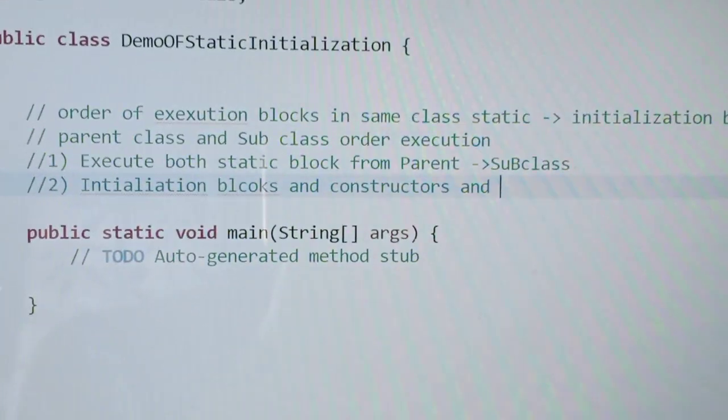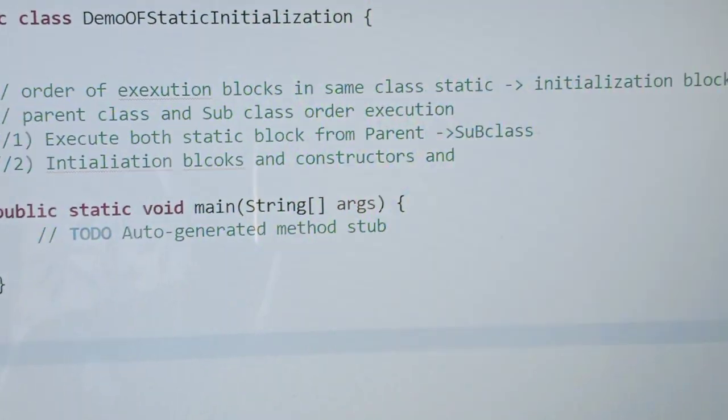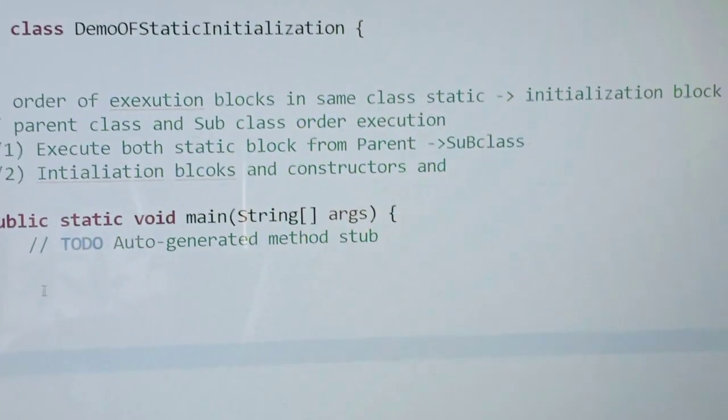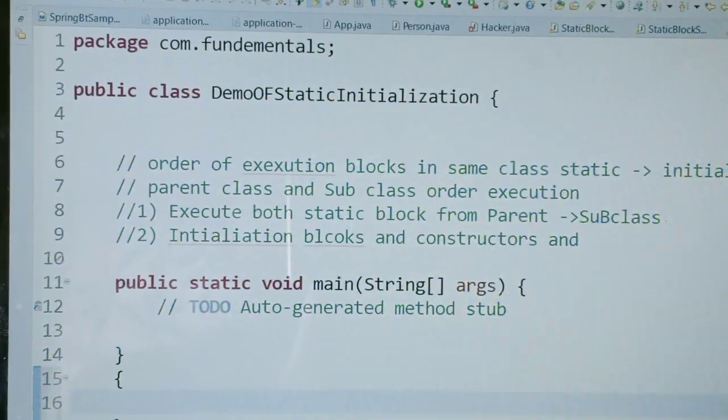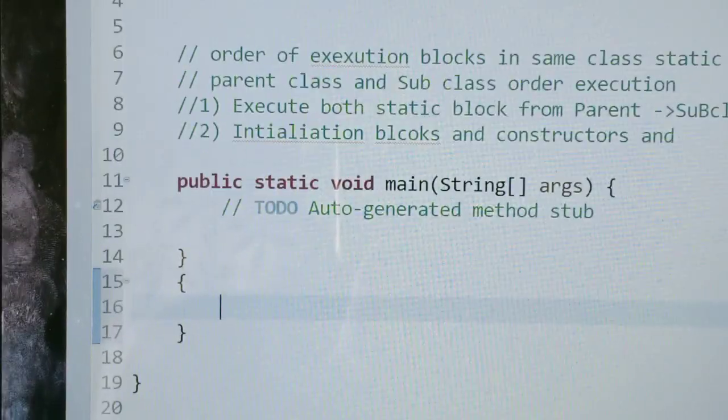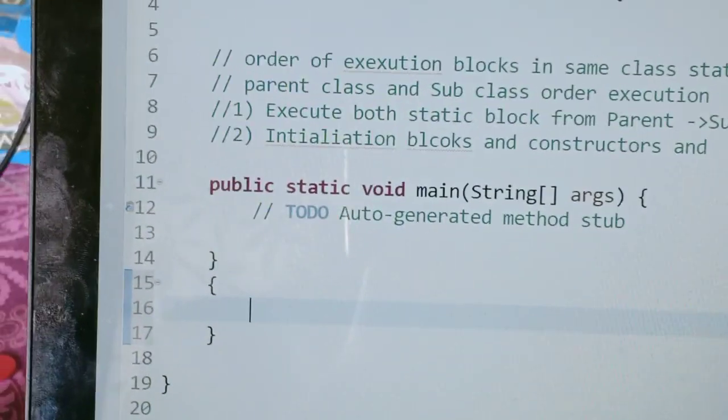So I'm going to define the static blocks, and the initialization block is just defined with curly braces.